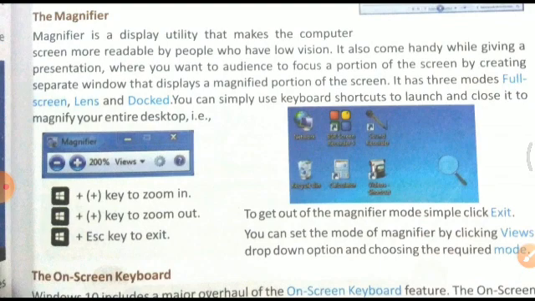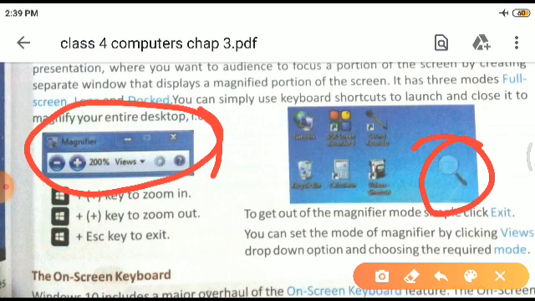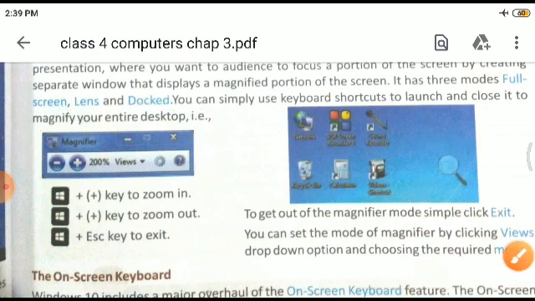It has 3 modes: full screen, lens and docked. You can simply use a keyboard shortcut. See, this is the icon of the magnifier. Also in the magnifier, an icon like this can appear. When you keep clicking the plus sign, the size will increase, and with the minus sign it will decrease. Zoom in and zoom out, and Escape to exit it.